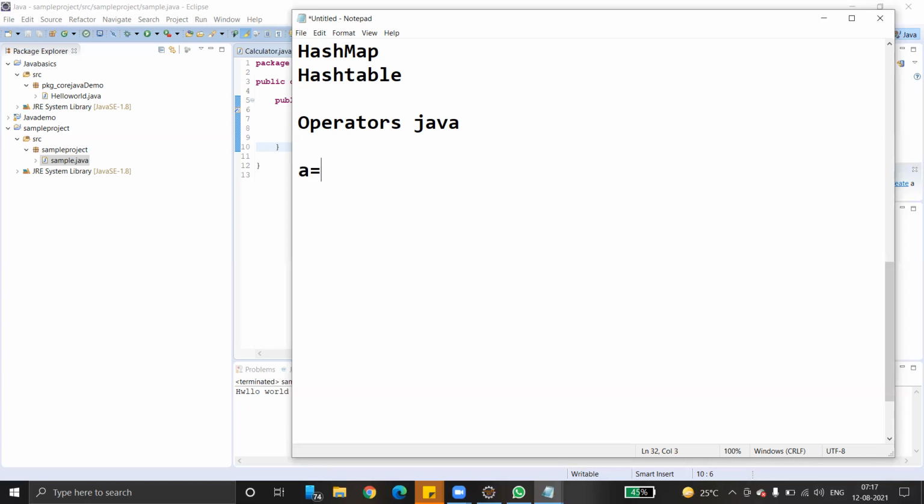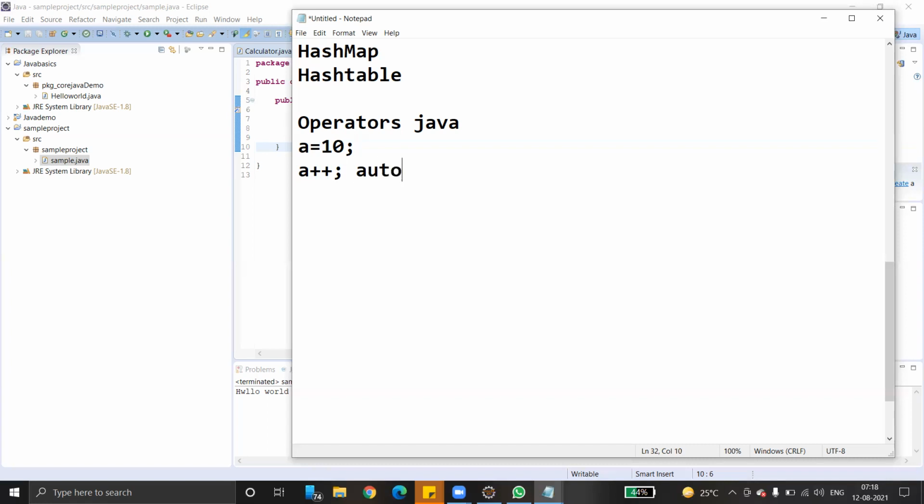Suppose in Java you give a++, what happens? Tell me what it means. Say a equals 10. A is a variable, and the variable a contains 10. Now I have just given a++. What is the value of a now? A was 10, now it will increase by 1 to 11. Correct, a is 11.